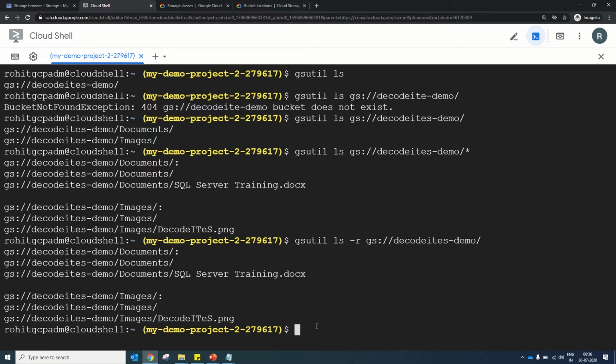Let's consider one of the objects, and we will see what detailed or short information we will get about the object. So decode its images its.png.